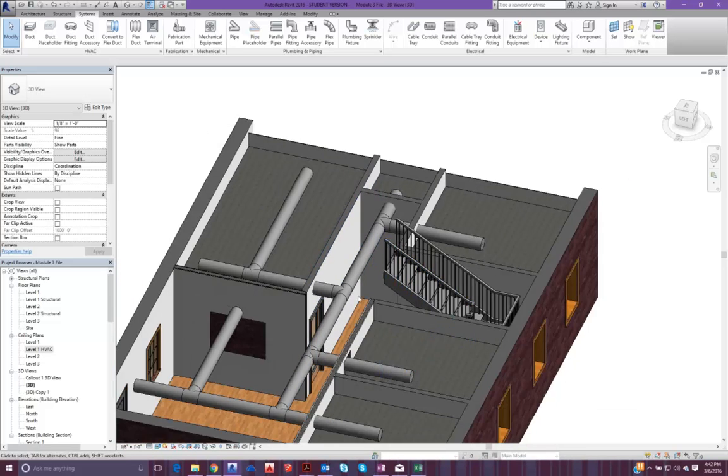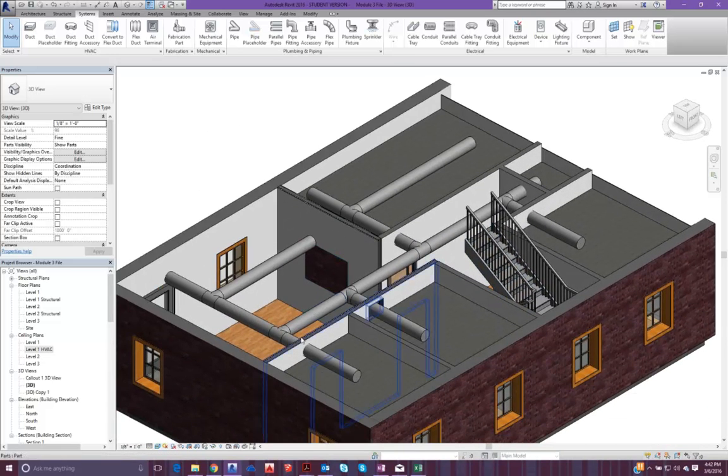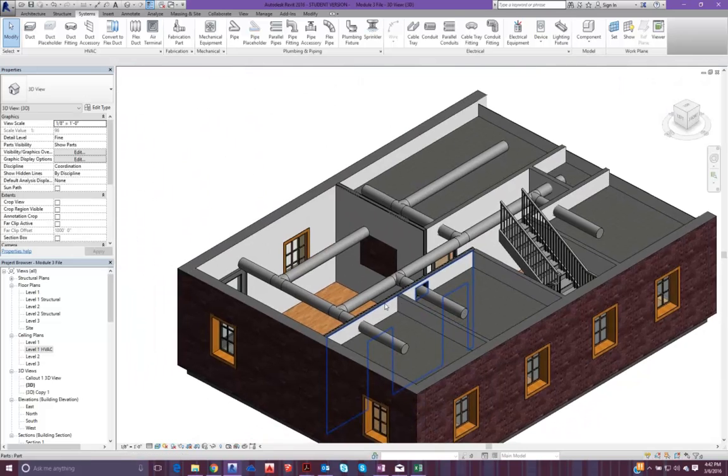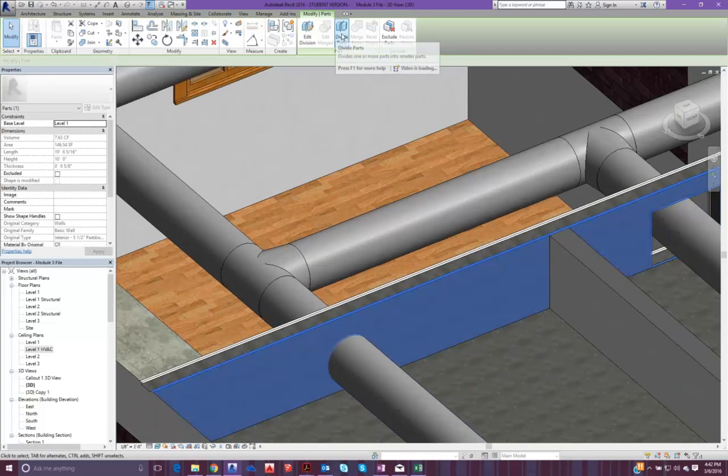In the meantime, however, let's go ahead and model this building as it would be if it were to have this ductwork in it. So just like we have this cut right here, let's go ahead and make this cut everywhere because it won't take us too terribly long. So we can go here and do divide parts,